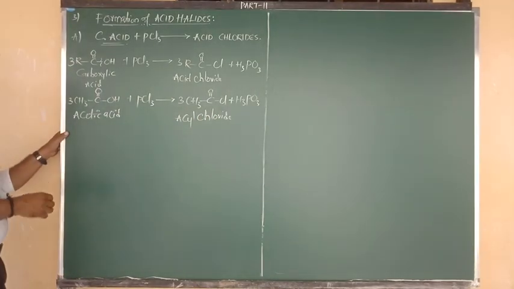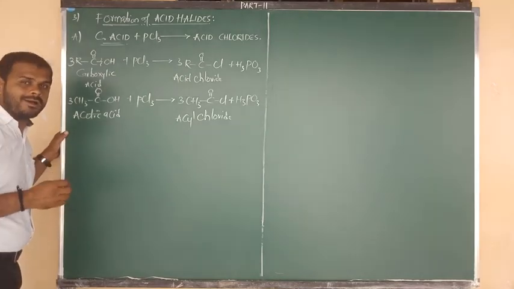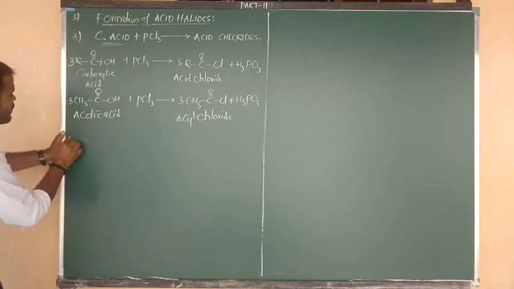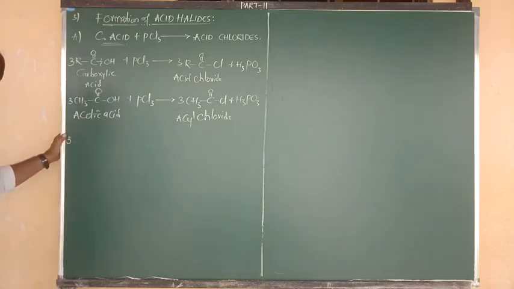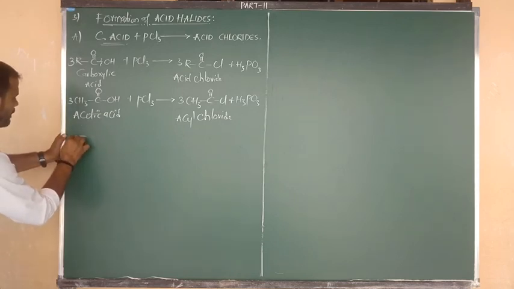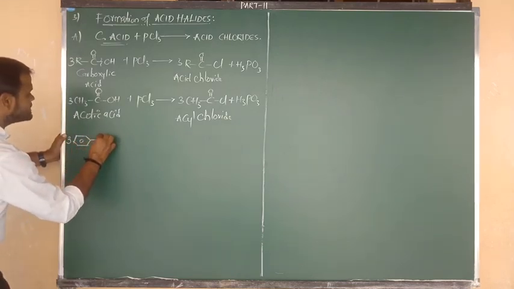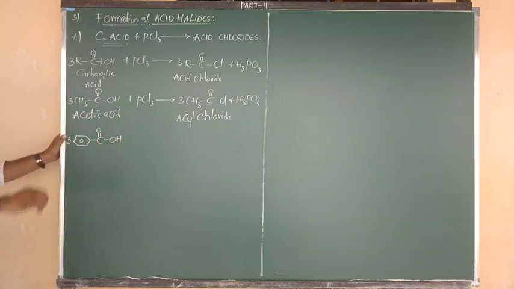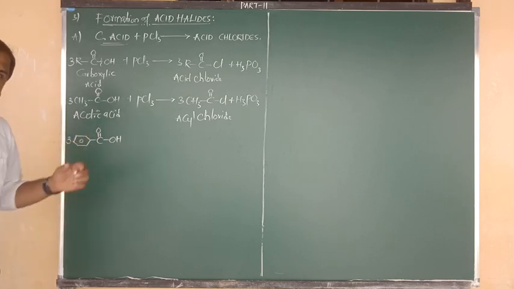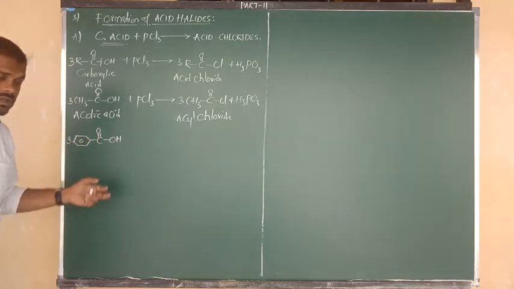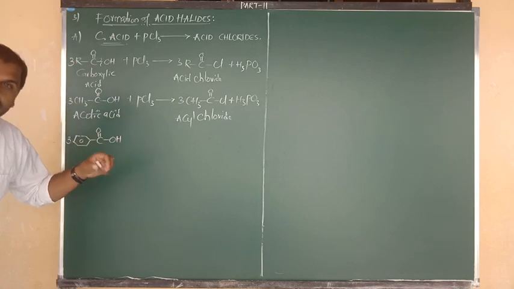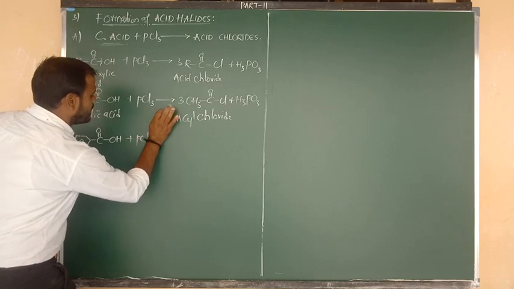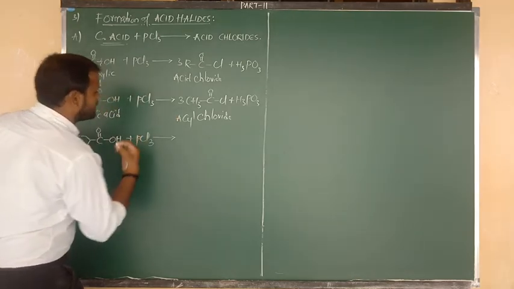Now let me go for another example by considering aromatic carboxylic acid, that is nothing but benzoic acid. So now here I am going to consider 3 moles of benzoic acid. So 3 moles of benzene bonded to C double bond O, again it is connected to OH. So 3 moles of benzoic acid I have taken here. Again suppose it undergoes reaction with PCl3. That means here we are going to do the reaction with phosphorus trichloride. That is nothing but PCl3.